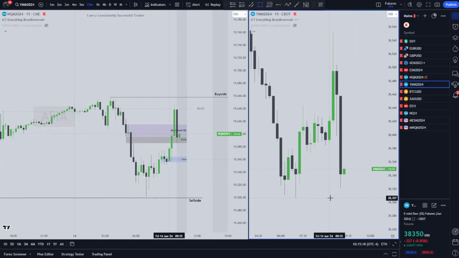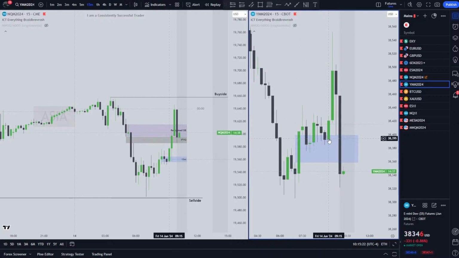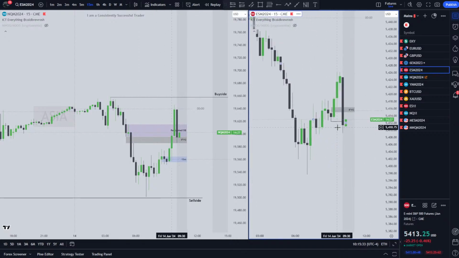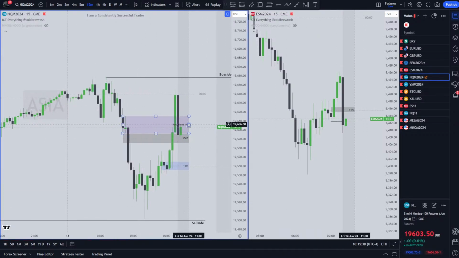Okay, I'm bearish because we inversed here, we made reclaimed order blocks here, and this is an order block here. So there's your 3 PD arrays on YM. ES did a very similar type of move, but not as deep. And then NQ, I mean, oh, it could still go for that high, but